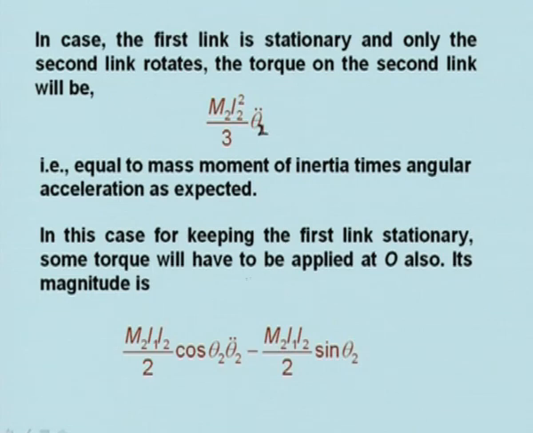And for keeping the first link stationary, some torque will have to be applied at O also, and its magnitude is M2 L1 L2 by 2 cos theta 2 dot dot minus M1 L1 L2 by 2